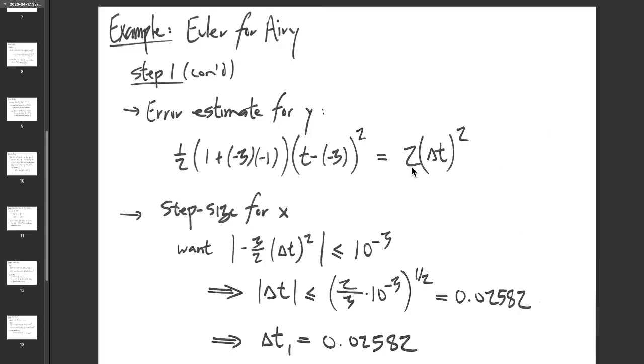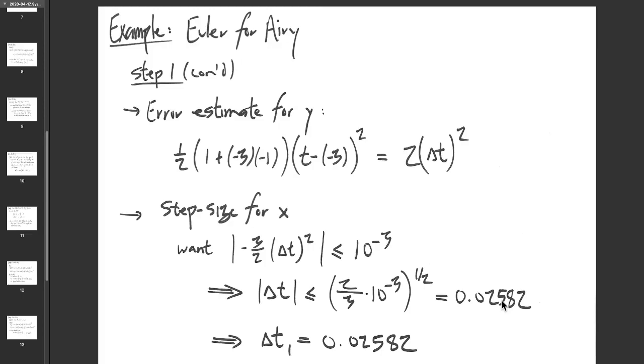And then we compute step sizes. Remember, we want to choose delta t so that the absolute value of the error is less than our tolerance. And this was our tau, which was 10 to the -3rd. So there's the error estimate for x. And we want that to be an absolute value less than 10 to the -3rd. Just work that out, and you find that delta t, in absolute value, has to be less than (2/3 times 10 to the -3) all to the 1/2 power. That turns out to be about